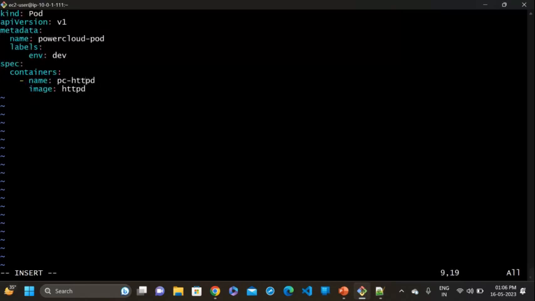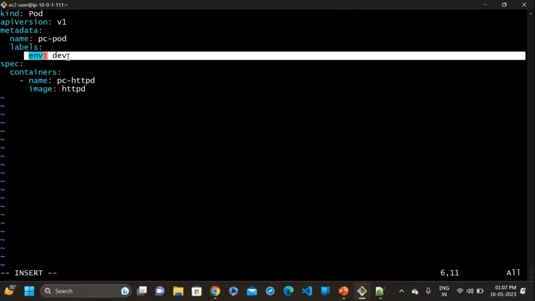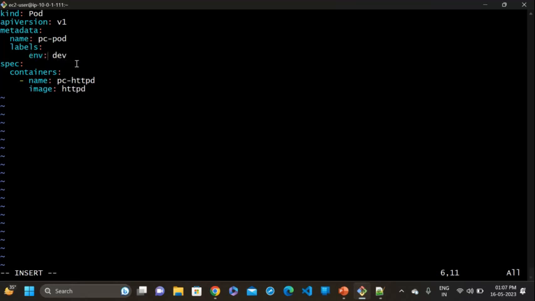I am changing the pod name to powercloud, and here env=dev. In the previous pod, we have given the label env=qa, and in this pod the label is env=dev, right? Let's save this,